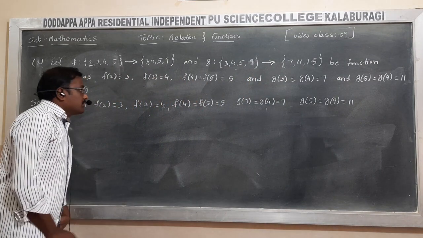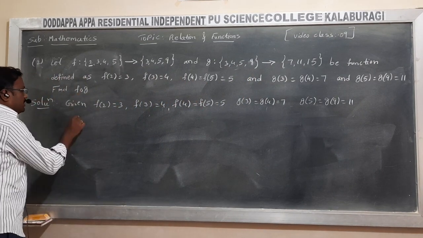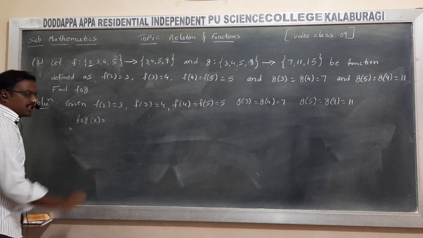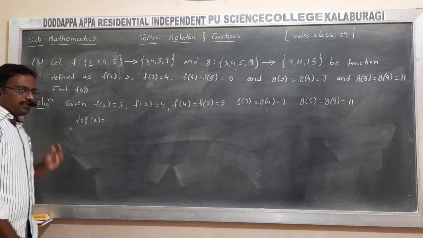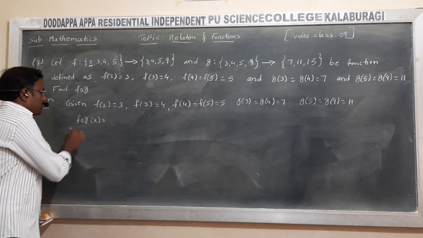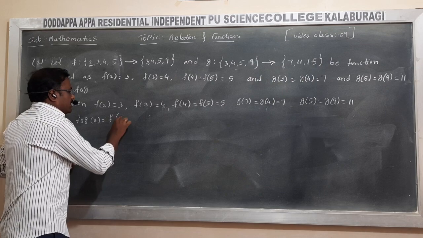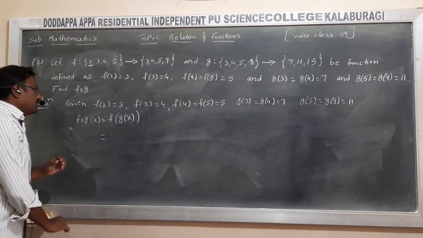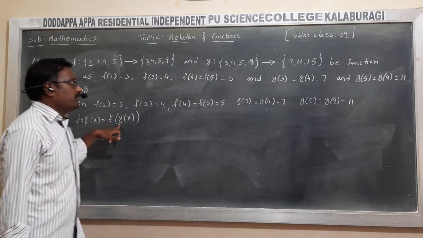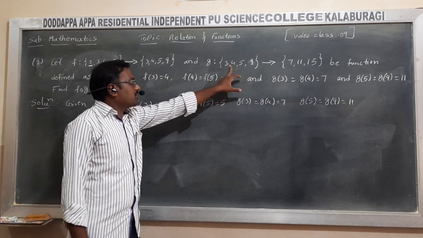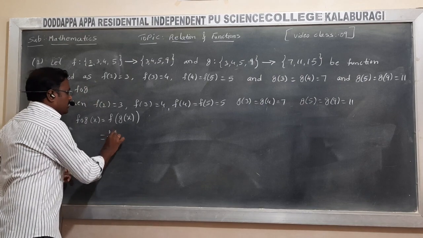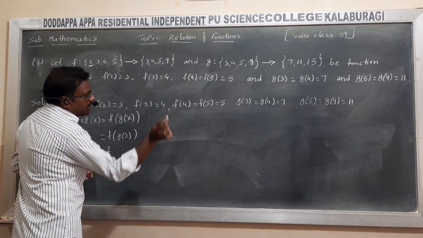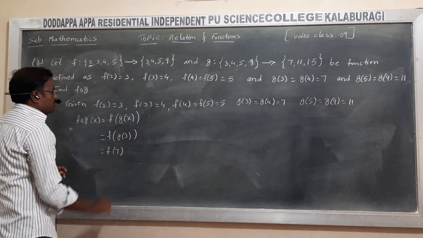Okay. So first, what is given here? F naught of g is given. So consider this one as x. That is f naught g of x. So f naught g of x can be written f of g of x. Is it possible? Yes. So afterwards, here the g function is there. So take g values. First of all, you take 3. What about g of 3? G of 3 is 7. What about f of 7?